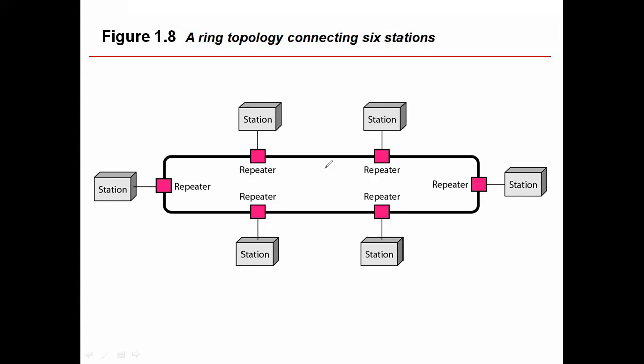For example, here the failure is okay. So the entire network is completely unused. So that is why there is a drawback here in the case of another. But this drawback can be overcome by using one more ring. That is, the secondary ring will be there like this, so that if failure occurs in the first ring, then everyone can connect to the secondary ring. Both are connected at the time, so that we can easily